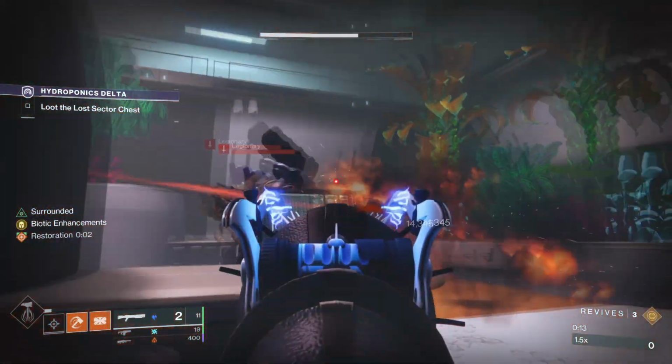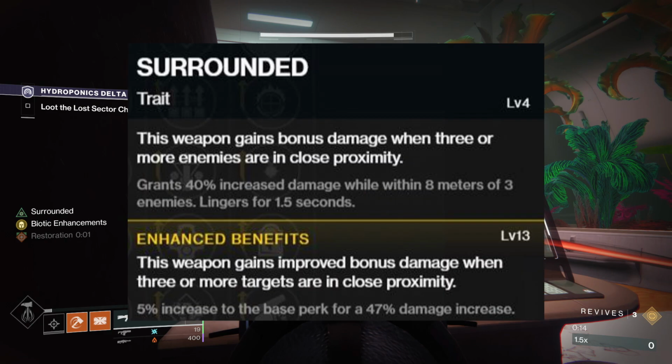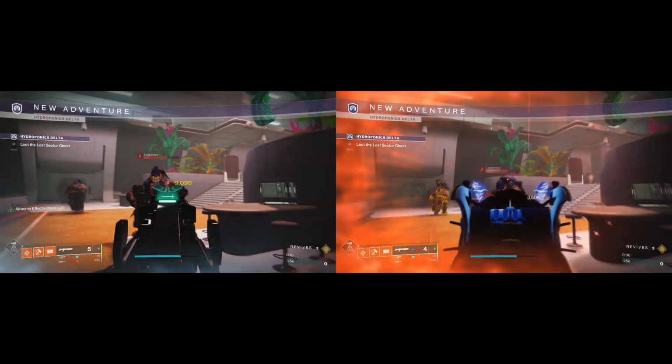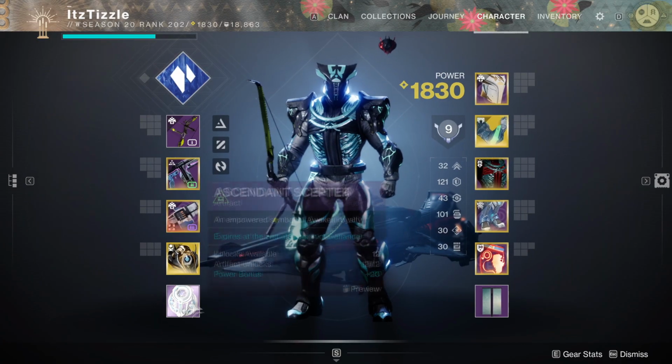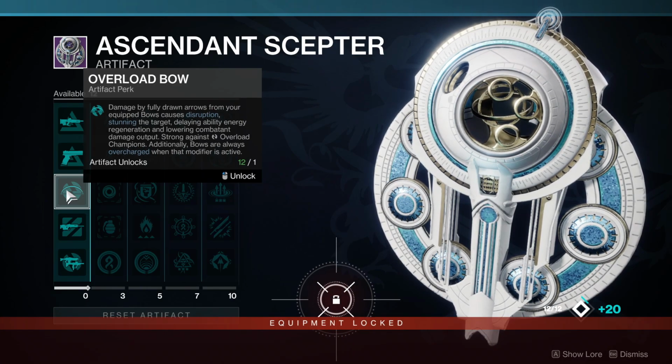I then proc Surrounded and hit for 9302. This is less than a 2.3% damage boost. That's pretty bad considering Enhanced Surrounded is one of the strongest weapon perks in the game. So I just wanted to make this video to point out to people how much of a difference this really makes. When you have surges in an activity, they only buff kinetics, so then it is 100% not worth running